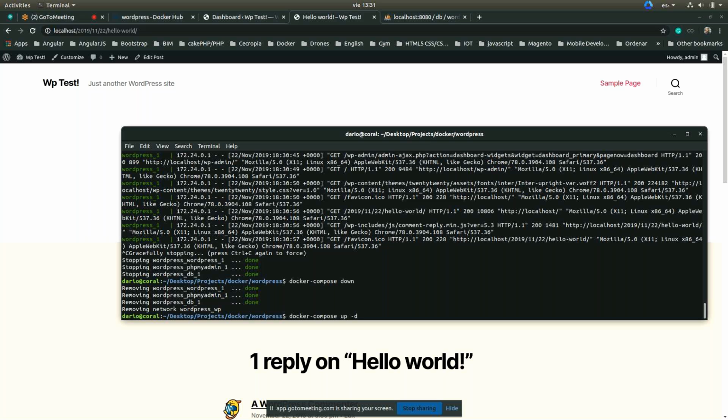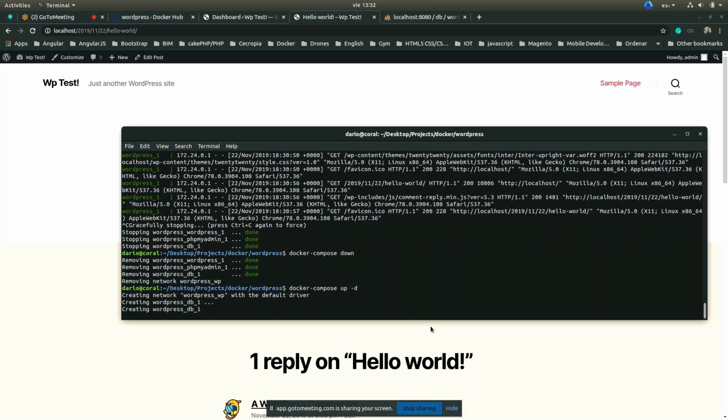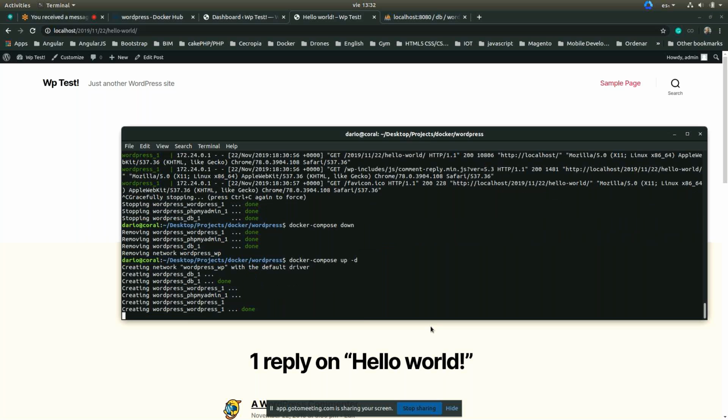The -d is the daemonized version of that, so docker compose up -d, and you won't see any of the console logs displayed in the window. The containers are created, and as soon as they are created, you are back to the console.